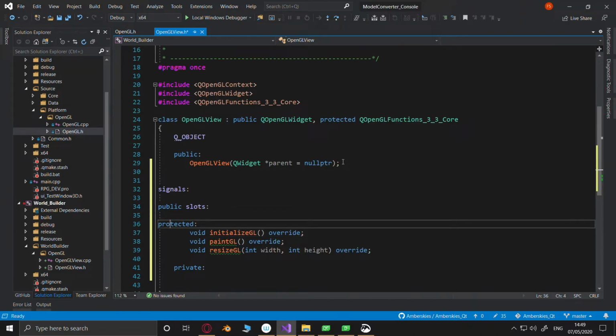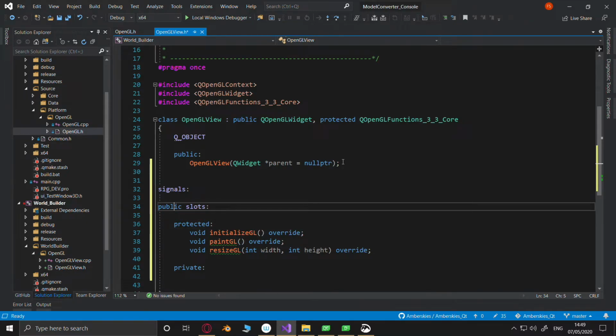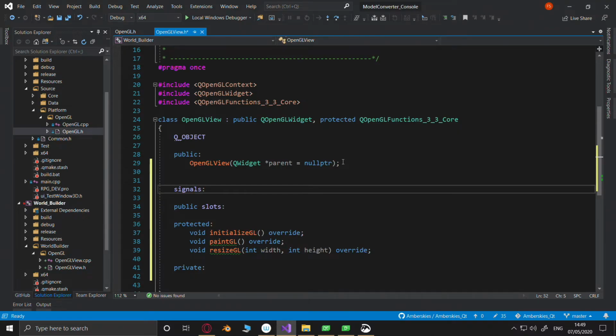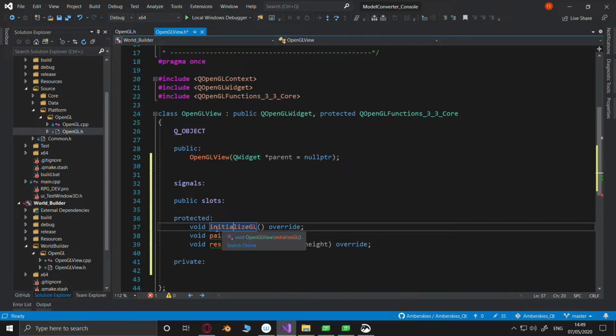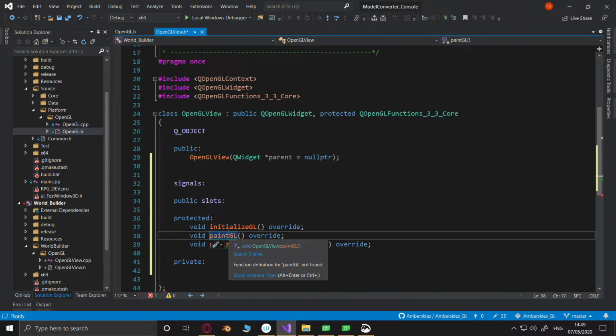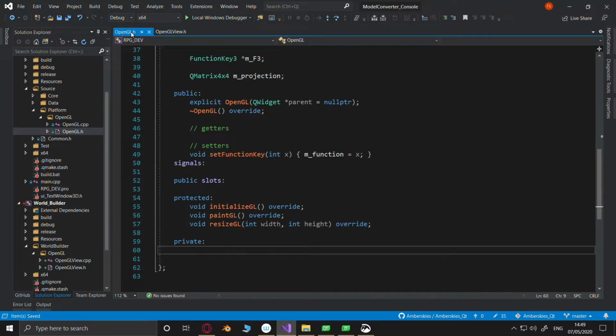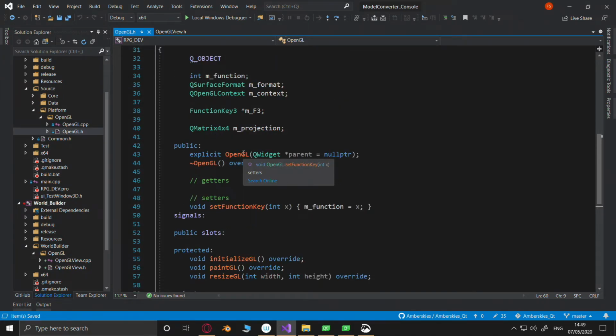Alrighty. That's good. This is protected, isn't it? What's wrong with that one? Why isn't it happy? Who knows? But that's what we're going to have. Anything else we need from here?